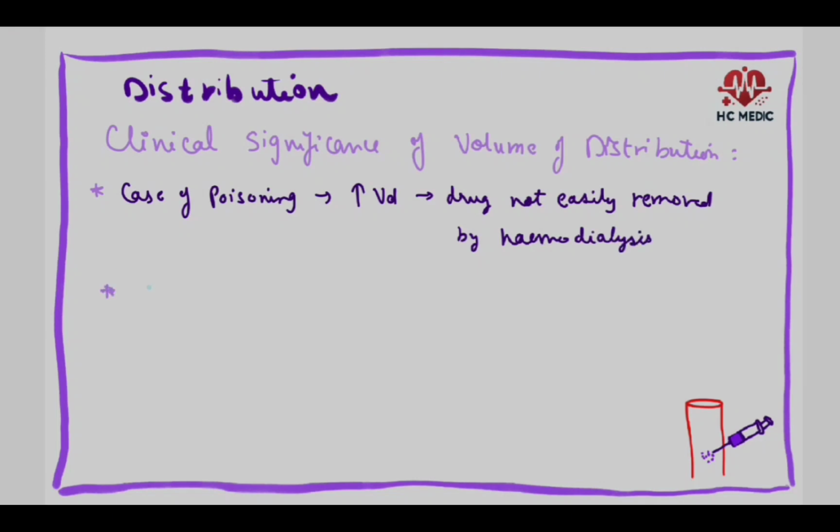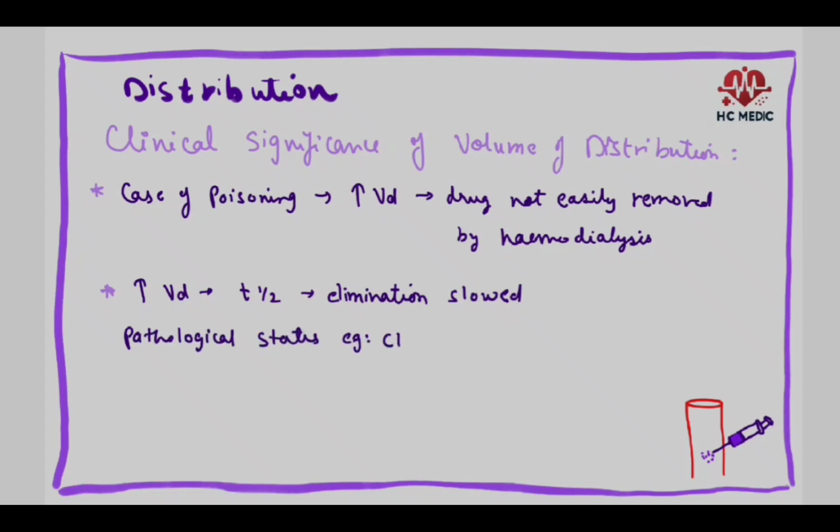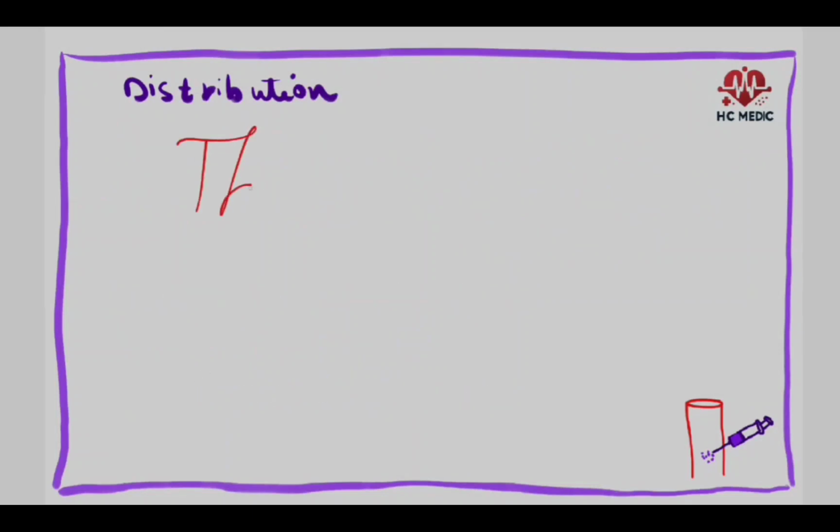We need another method of treatment. Next, because of a very high volume of distribution, the half-life is generally longer, right? So the elimination is slowed down, and they are longer acting drugs. But this will be a problematic issue in pathological states like congestive heart failure, because of decreased blood flow, there will be accumulation of metabolites. So this was all about